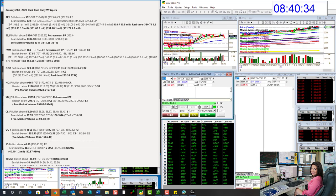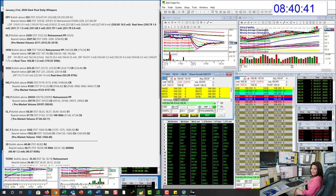Bullish above 33.20, bearish below 33.0750. We'll go to the Russell. We're going to be bullish above 169. And we did have some real-time prints on Friday as well, 168.99 and then 170.55. So that's a big spread. So a lot of times I do retracements to print trades and so forth. So if we do break above 169, we could have a possible retracement to the upper one,